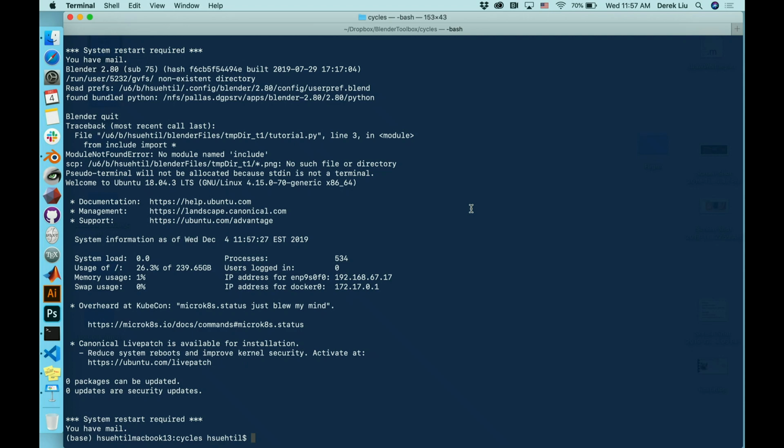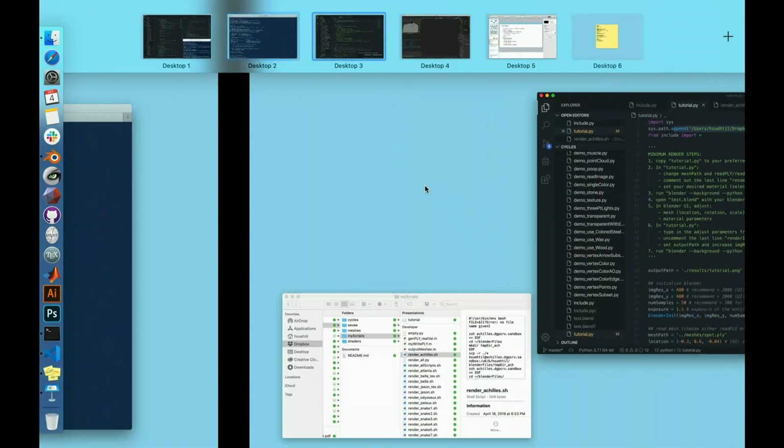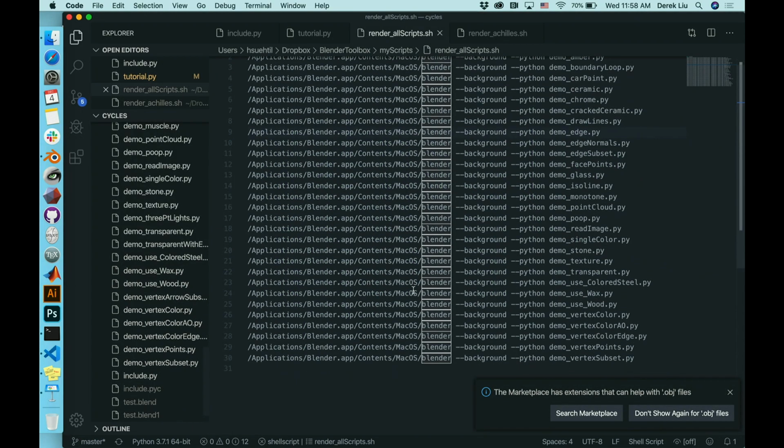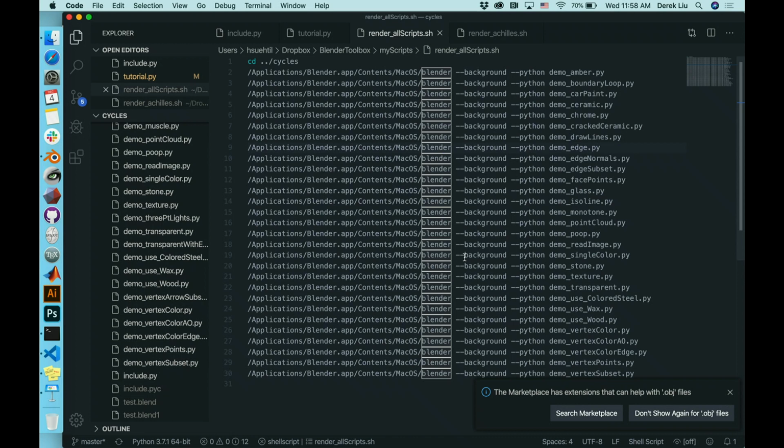Basically, it SCPs all your files to your folder on the server, calls Blender there, generates the image, and then SCPs the image back. This is how I render on the server, and to me I feel that this is useful. Something even more useful is that I can also have a render all script, which basically renders all your scripts. For example, if you want to render all the images in your paper, you just update the